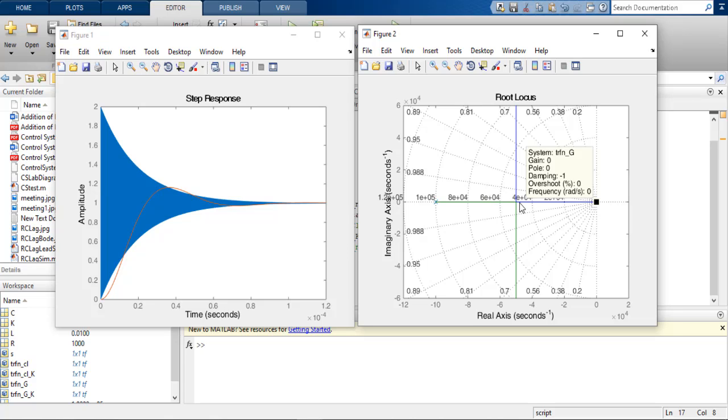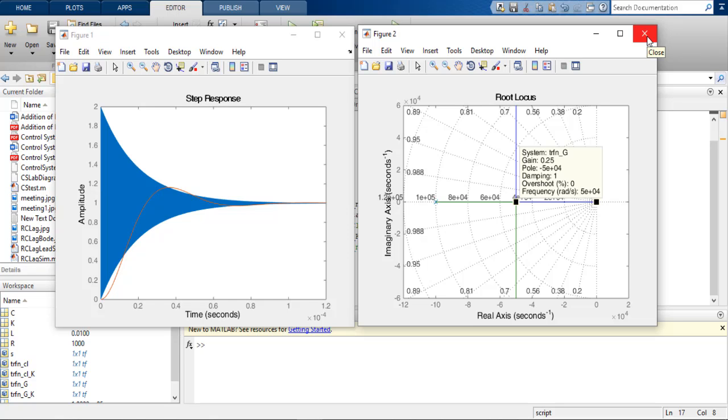You can calculate what the value of k could be to make the poles the same. You can calculate it by yourself. I have taught you how to do it.